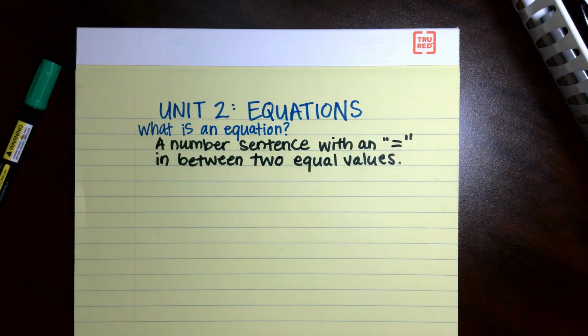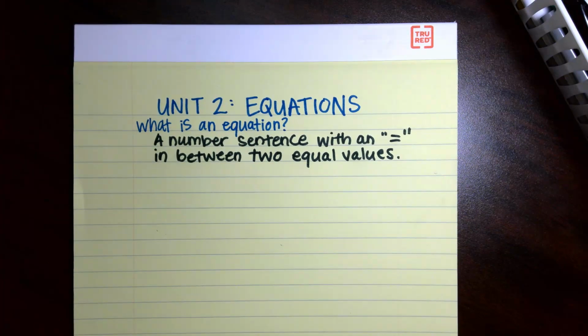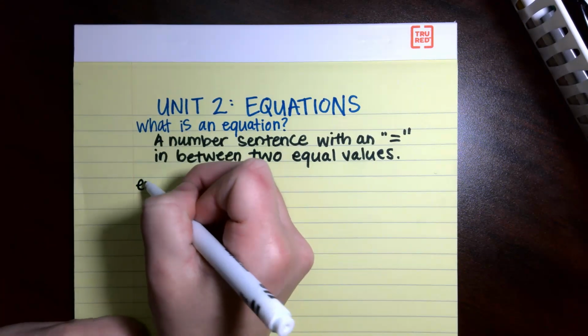So an equation is just going to be some numbers on one side, an equal sign, and some numbers on the other side. And those numbers are going to be equal to each other because that's what the equal sign tells us. So some examples might be